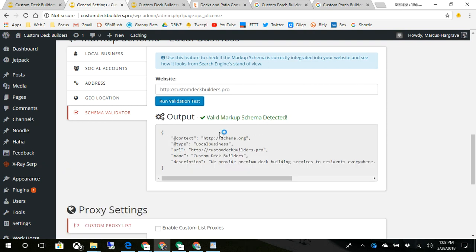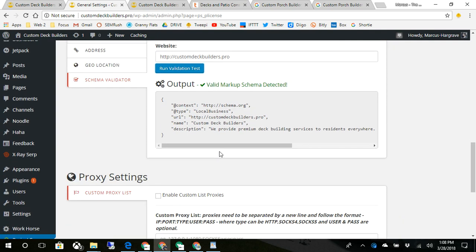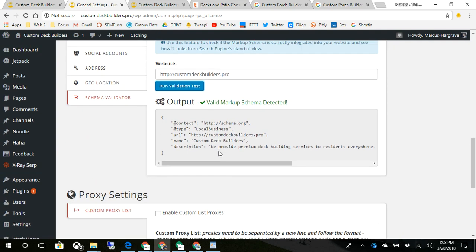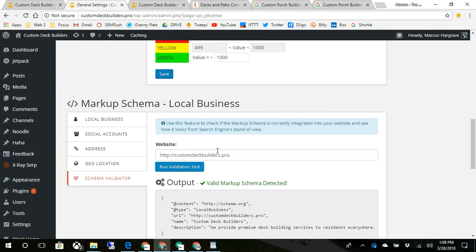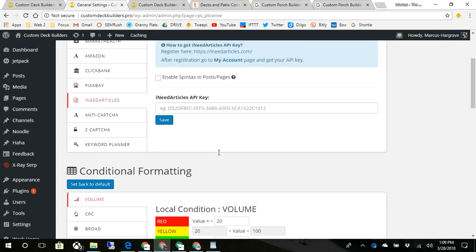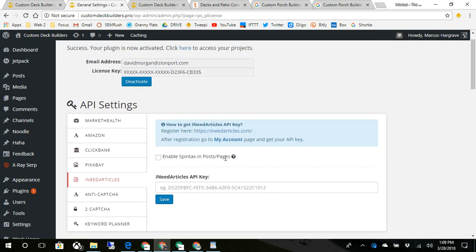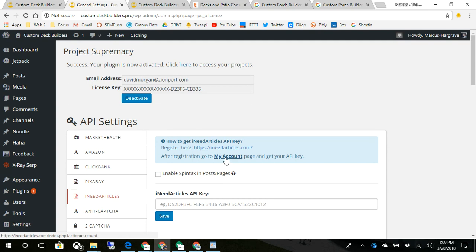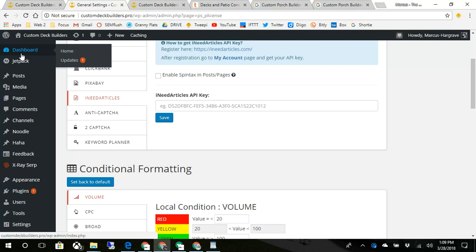See if it checks up. Yep, cool. So now I'm optimized a little bit more. Schema is going to optimize you a little bit. Now this is a lesson I will be going over a little bit more in the future videos, but I just want to give you an idea of this particular plugin. Now, what you have to do also